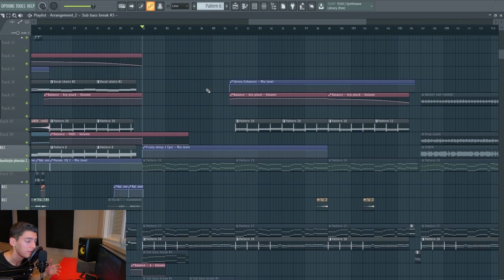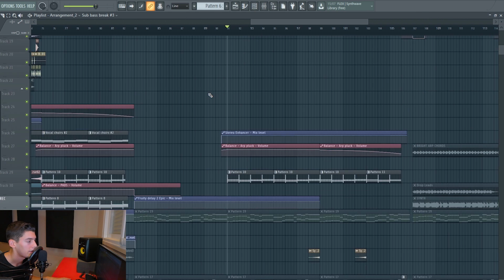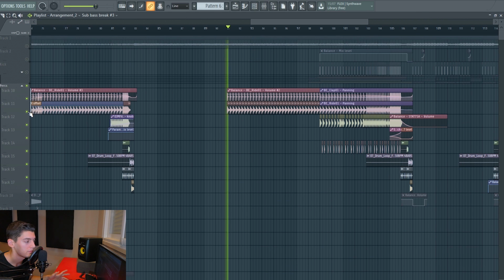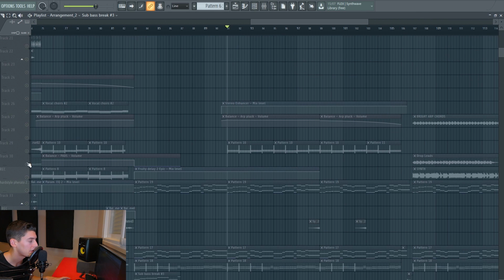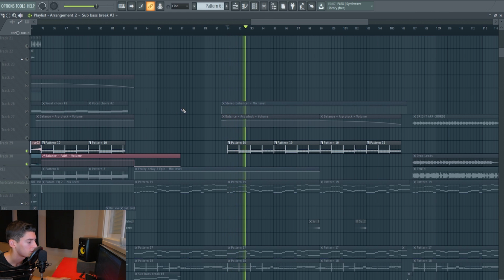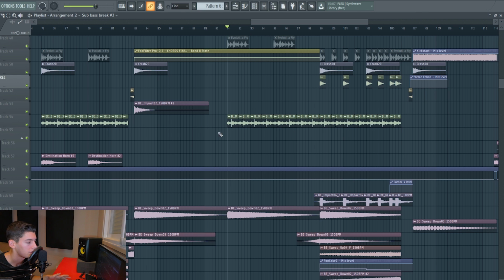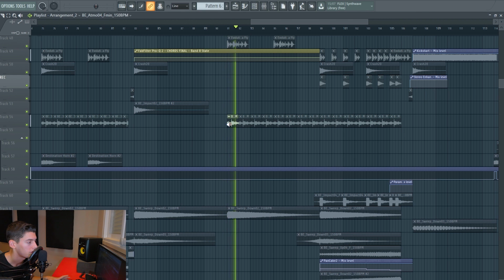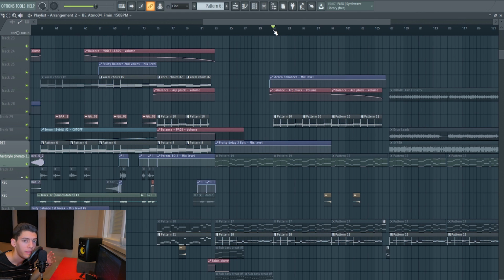But before going to the build-up, what I wanted to do is another part with this melody. So here I added first the claps and the rides again. I added back this plug sound. And here I added this reverb plug to give the ambient sound, because this way the song is not that